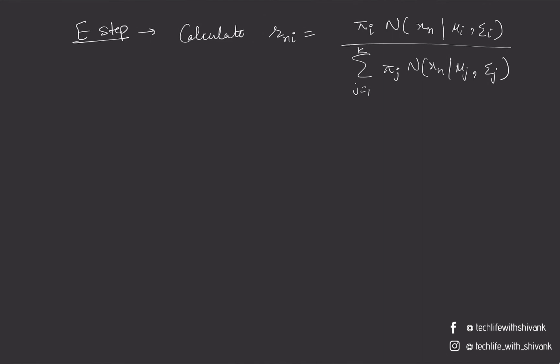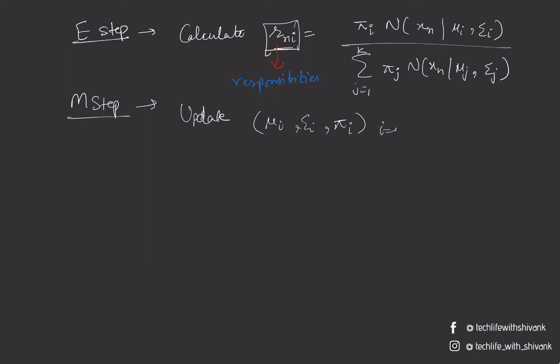And once we calculate the r n i here, the next step is the M step. So once we calculate these responsibilities, in the M step we update our parameters mu i, sigma i and pi i, for i equal to 1 to k, that is, we update the parameters of all the k Gaussian